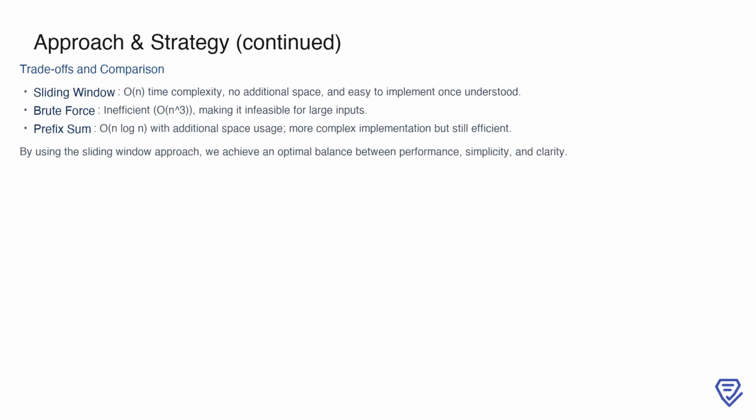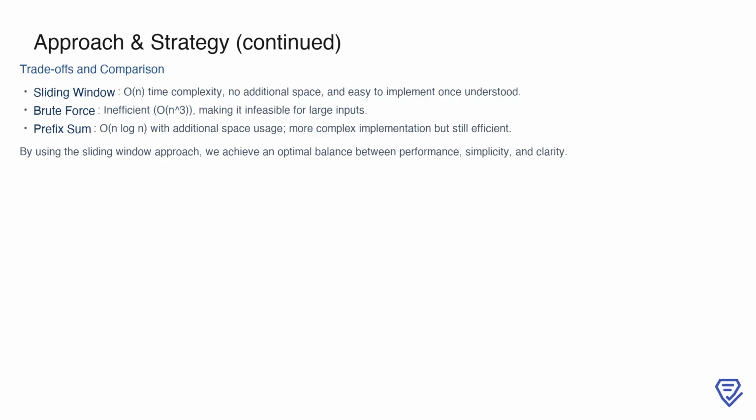When comparing the approaches, the sliding window technique stands out as the clear winner in terms of efficiency and simplicity. It achieves an optimal time complexity of n, without requiring additional space, making it well suited for large inputs. In contrast, the brute force method is highly inefficient with its n cubed complexity, which renders it impractical for all but the smallest cases. The prefix sum approach, while efficient with a time complexity of n log n, does require additional space for the cumulative cost array and is more complex to implement due to the use of binary search. By adopting the sliding window approach, we strike the ideal balance between performance and clarity, making it the most practical